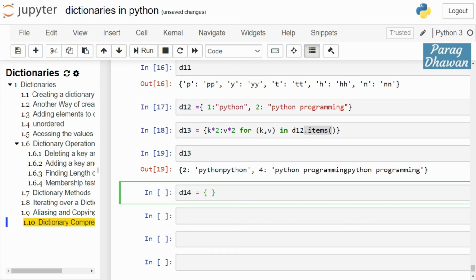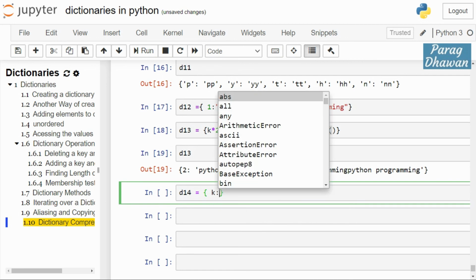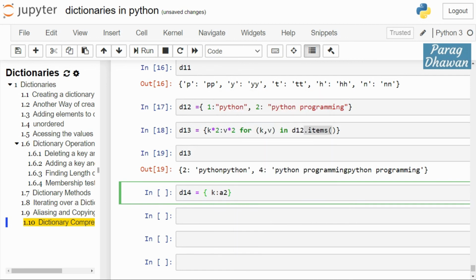You will have a key and the dictionary name. From d12 you are generating the value, d12 in opening and closing square brackets, you will use key into 2. This is the modification which we are doing to generate a new dictionary.